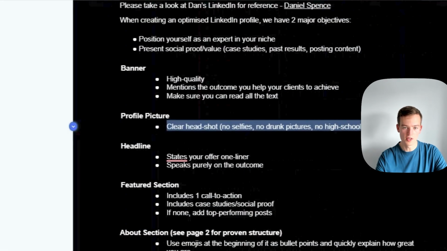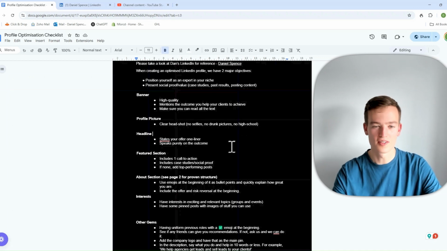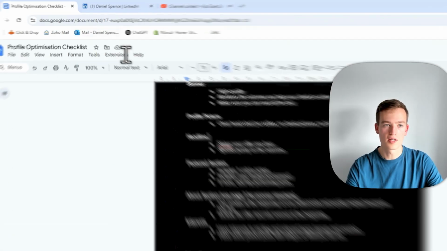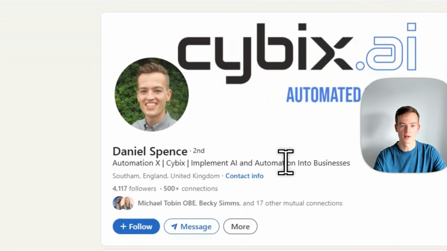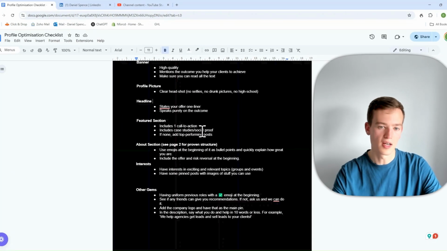We've then got a profile picture. So like I said, clear headshot, no selfies, no drunken pictures, no high school photos or anything like that. Just very nice and clear, exactly what it is that you do. Headlines, so state your offering in one line. So that's the implement AI and automation into your business. Include any case study, social proof,